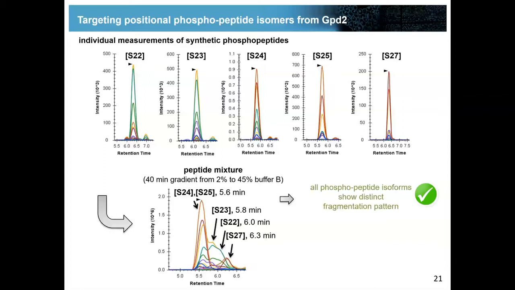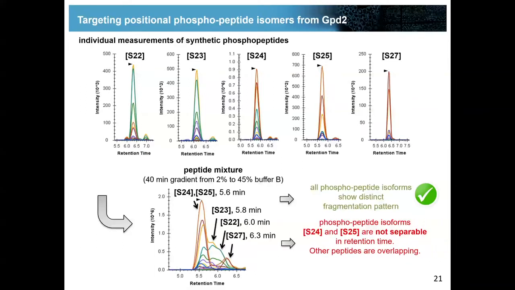So, a very complicated case: 4 serine residues directly next to each other, 1 a little bit further apart. They all had their distinct fragmentation pattern, and even in retention time, they were somewhat separable. Just this serine 2425 was completely coeluting. So now you can, of course, ask the question,